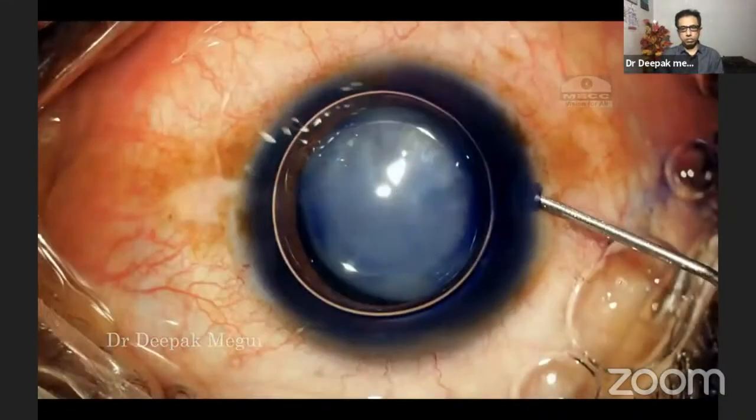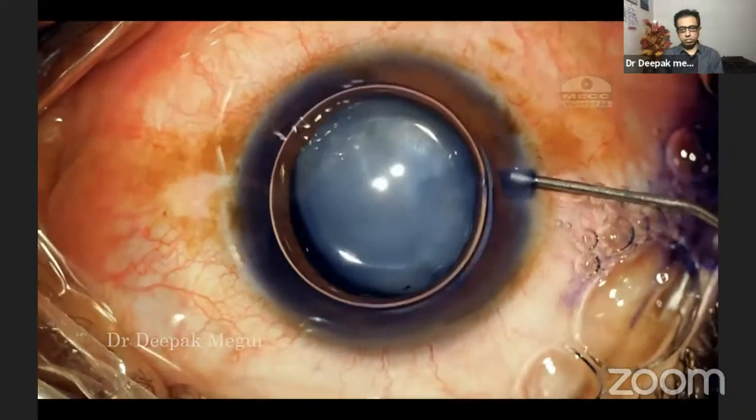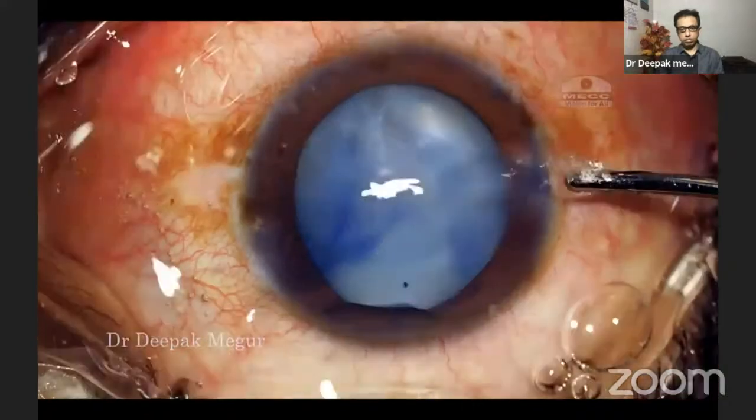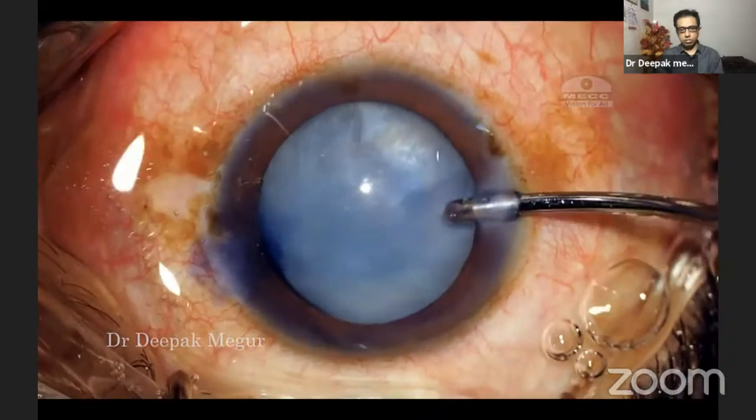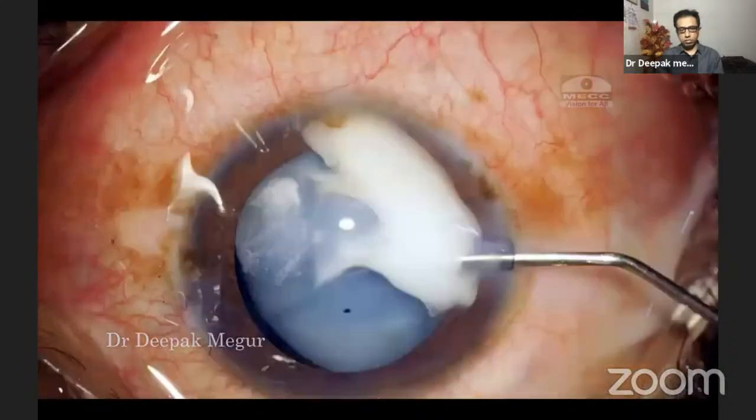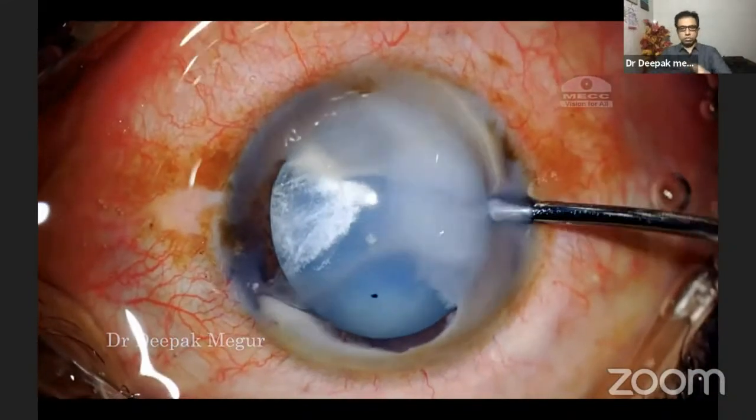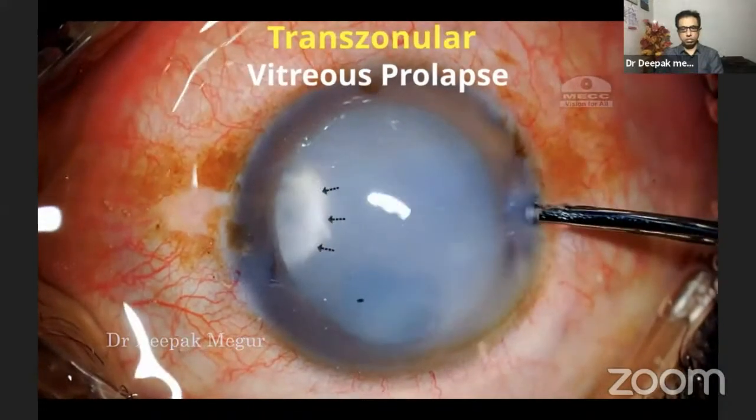I'm using trypan blue as little as possible to stain the anterior capsule. At this moment, I see there is some amount of trypan blue which is egressing out from the area of the zonular dehiscence, and I become suspicious, and I'm now injecting a diluted triamcinolone acetate to check for the presence of vitreous. And as we can see, there is a tongue-shaped vitreous which is prolapsing from the area of the